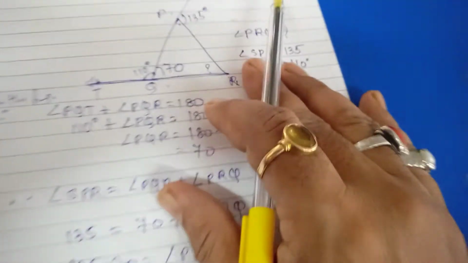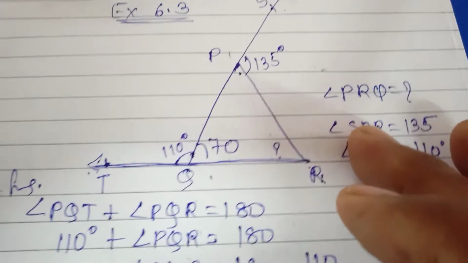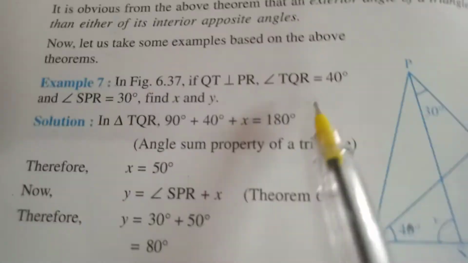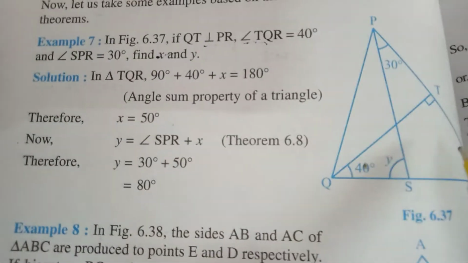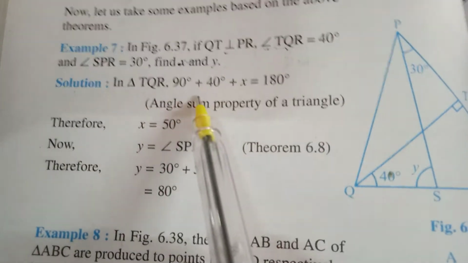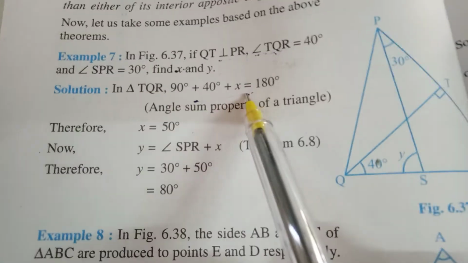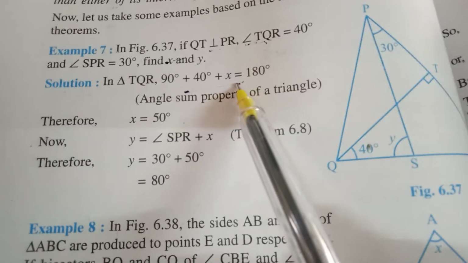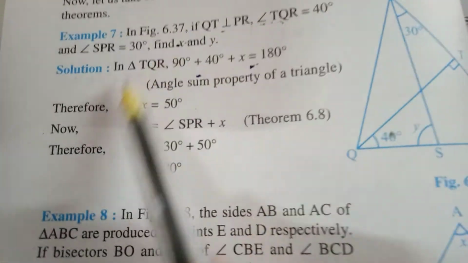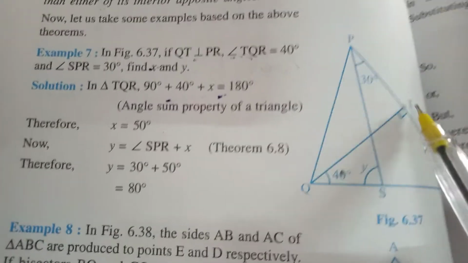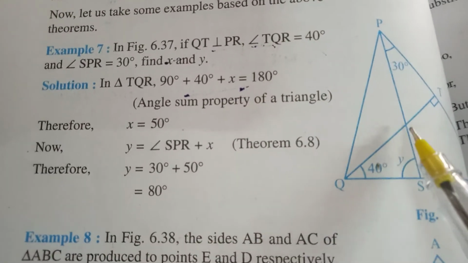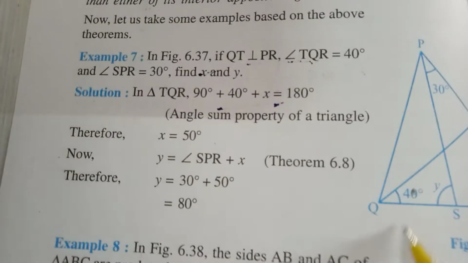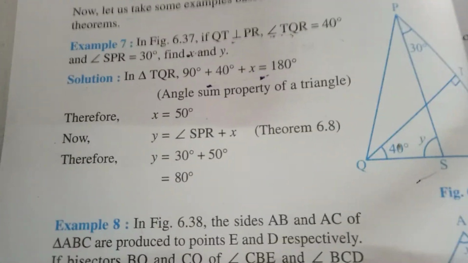Even if you want a very perfect way to solve the numerical, you can see example number 7 also. See how it is solved, QT perpendicular to PR, and try to find out each and every possibility. If I am asking you to solve the examples, it doesn't mean that you are just going to copy it down. You also use your brain, use your mind to solve, try to understand the consideration of the questions, and then you will get the idea of using the property, as I did here in the first question.